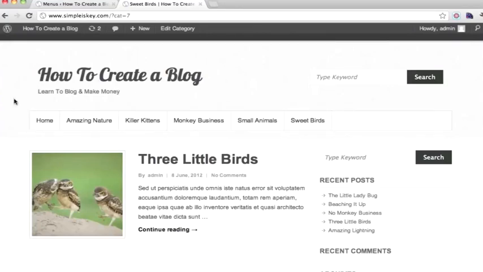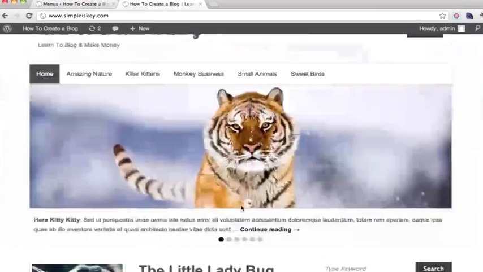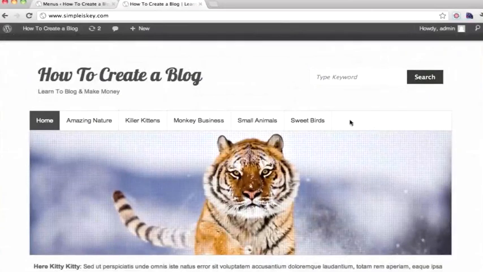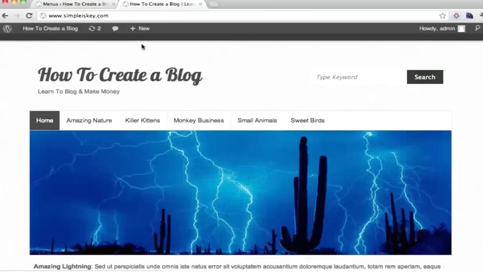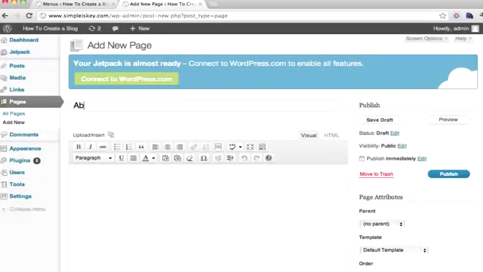The next thing I want to show you how to do is how to make a page. So a page is different than a blog post because a blog post goes right here and it gets categorized and everything. A page is more static. So that's like an about, a services, a contact, that sort of thing. So what we want to do is new, and we'll go to page. So this is just going to say about me, and